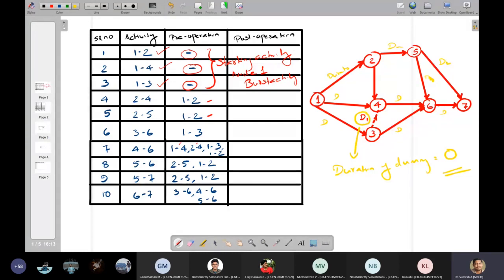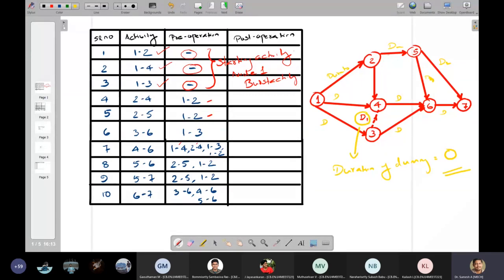So the relations we are getting are like this. Some activities can start parallelly, and some activities require a predecessor. So you have to see the predecessor relation and accordingly allot the timings.